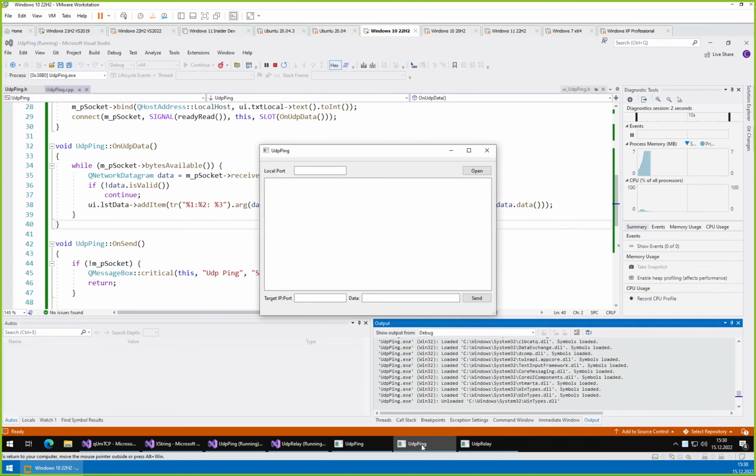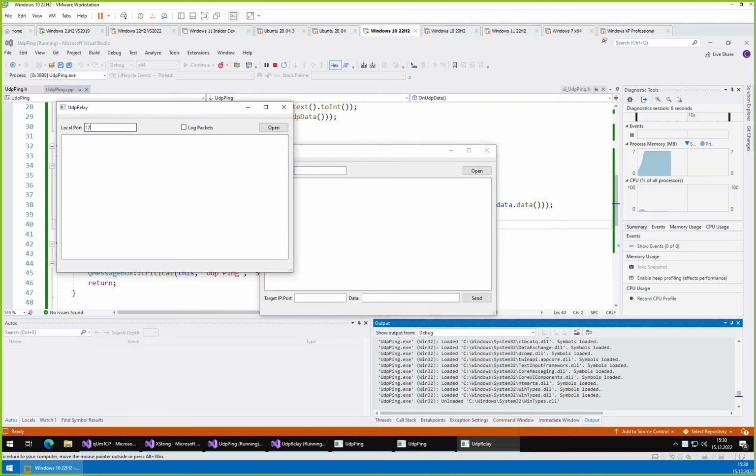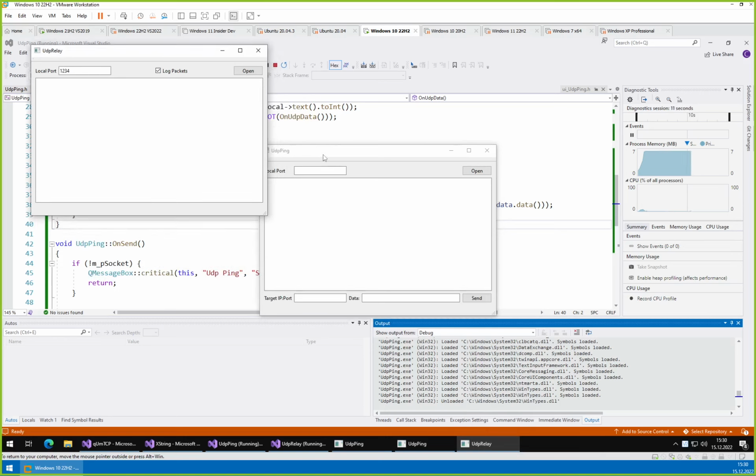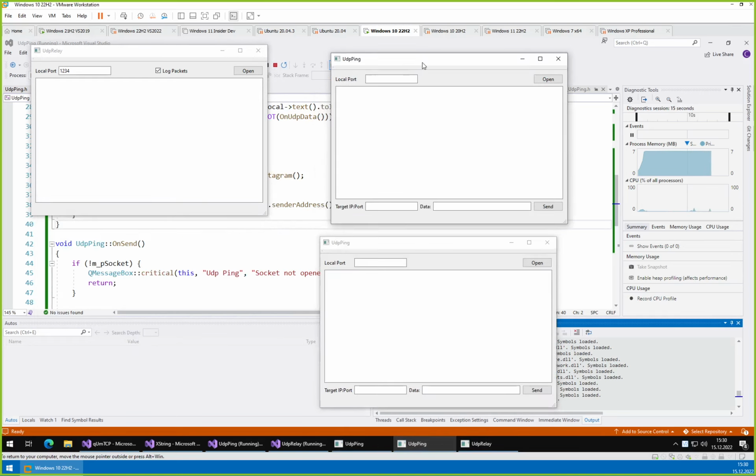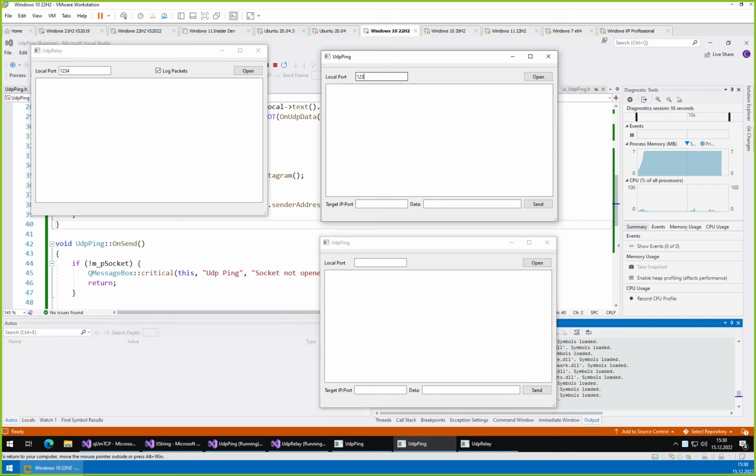Okay, now we have what we wanted. So relay, let's set up on port 1234, open, log packets. The two pings: the one, let's go to 1235. The other one, 1236. Then we will try to send here